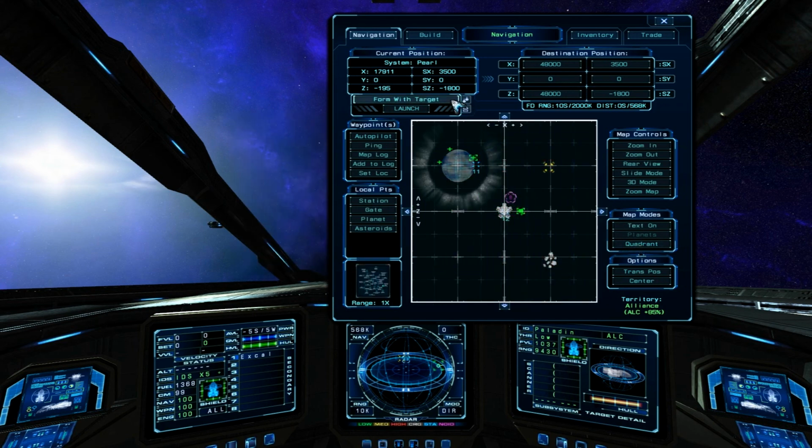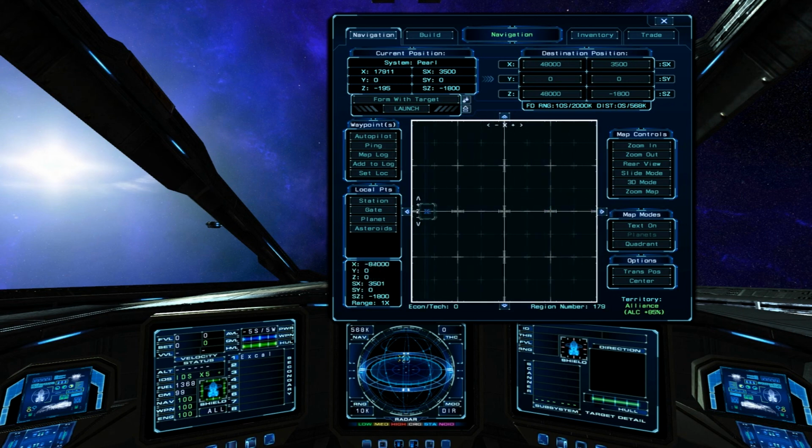The Form with Target button will engage the autopilot in formation mode to keep your ship next to the current targeted ship. The Launch button will engage the jump drive to travel to the current selected nav point, if in range. At the edge of the nav map are scroll buttons, which let you scroll the nav map one sector at a time. You'll likely find the snap zoom option to be faster and more efficient at selecting a nearby sector,